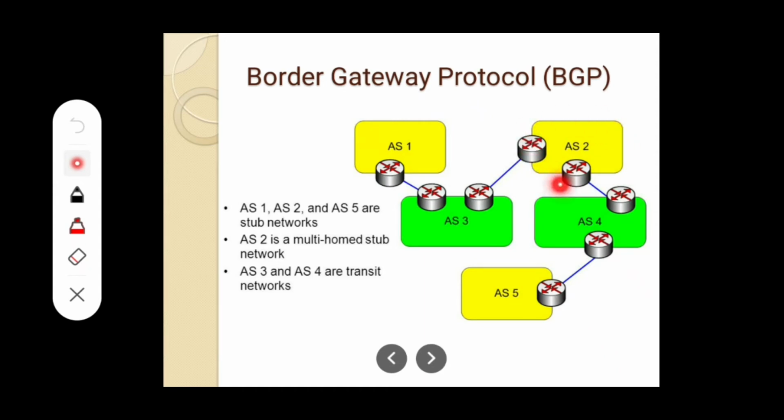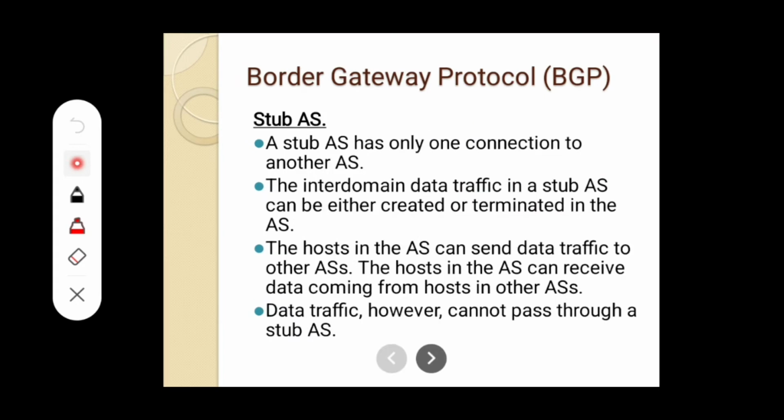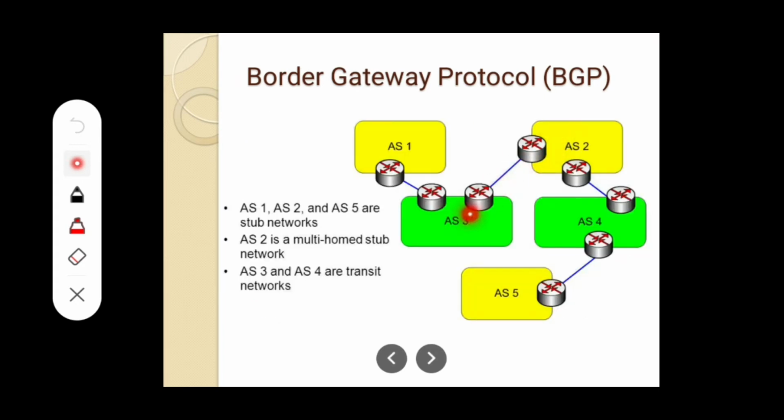Okay, such an autonomous system is called what? A multi-homed autonomous system. So what is a multi-homed autonomous system? It has more than one connection to other autonomous systems. Another point is that it is still only a source or a sink. Look at the statement: it is still only a source or a sink. So source or sink means what? It can generate the traffic and also terminate the traffic, but it cannot pass the traffic of one autonomous system